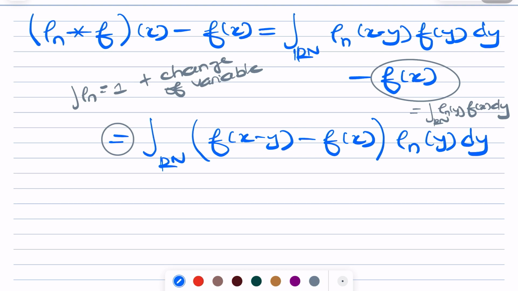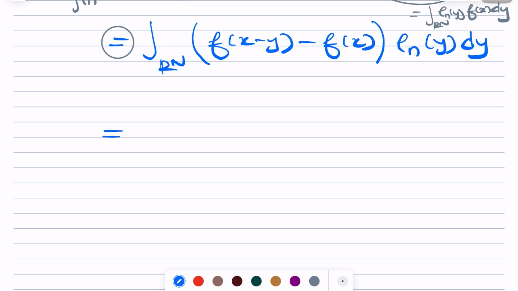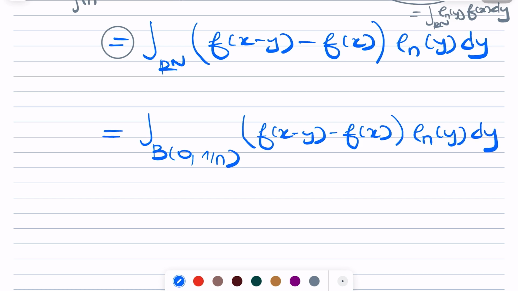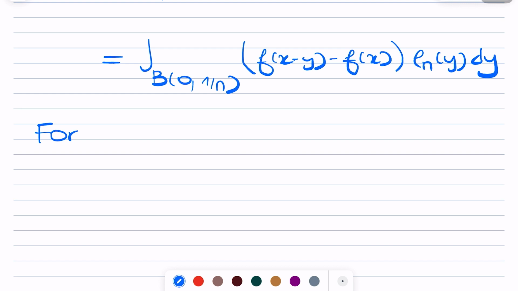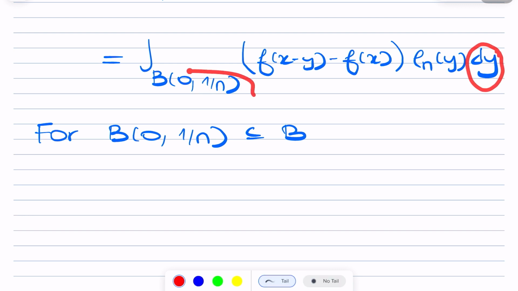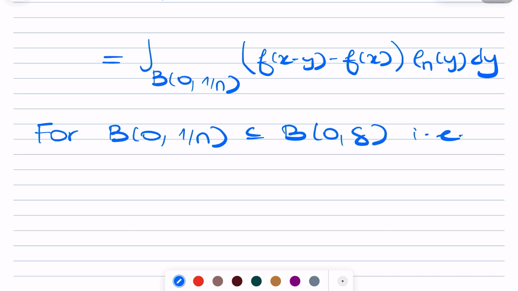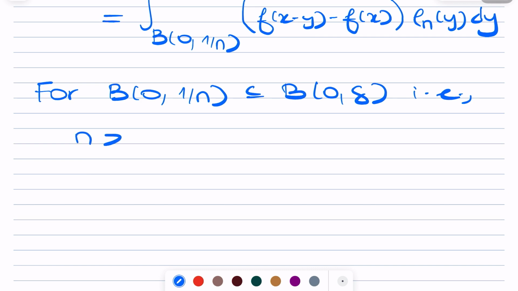Now this is equal to, since we know that rho n is supported in the closed unit ball, the integral over the ball of f of x minus y minus f of x times rho n of y dy. You are integrating over y, for y being in this ball. For this ball containing the delta ball, that means for n strictly greater than 1 over delta, and x in k, we obtain